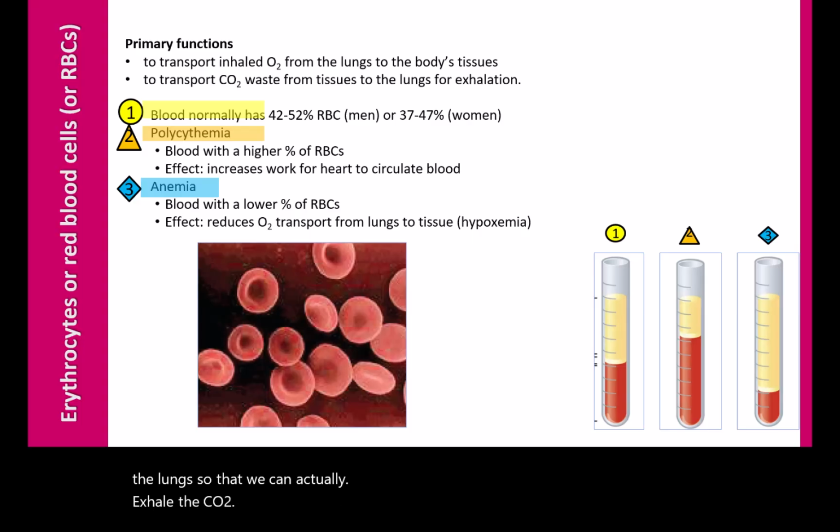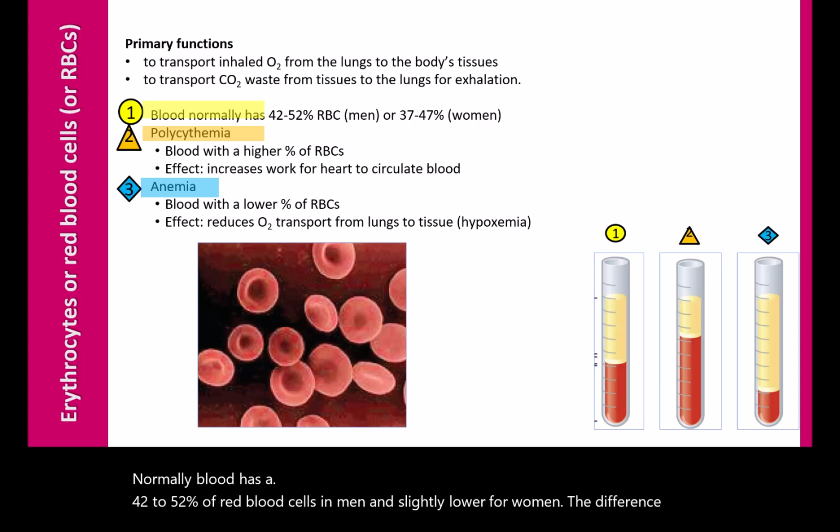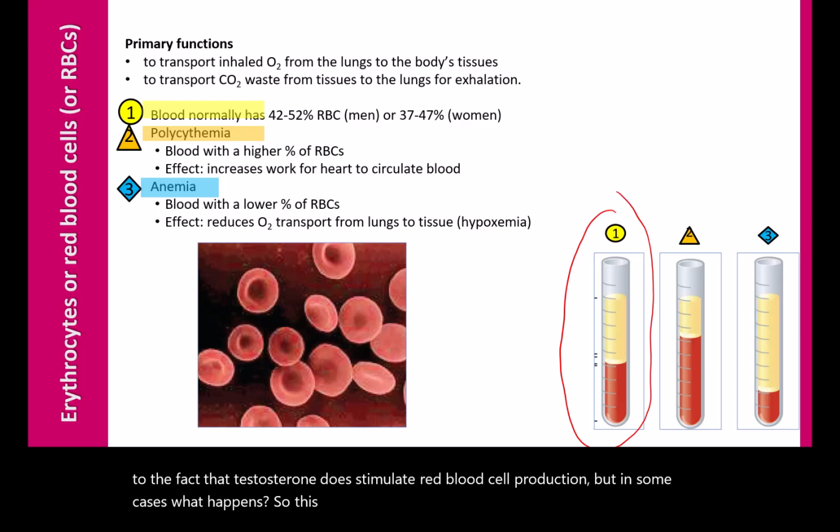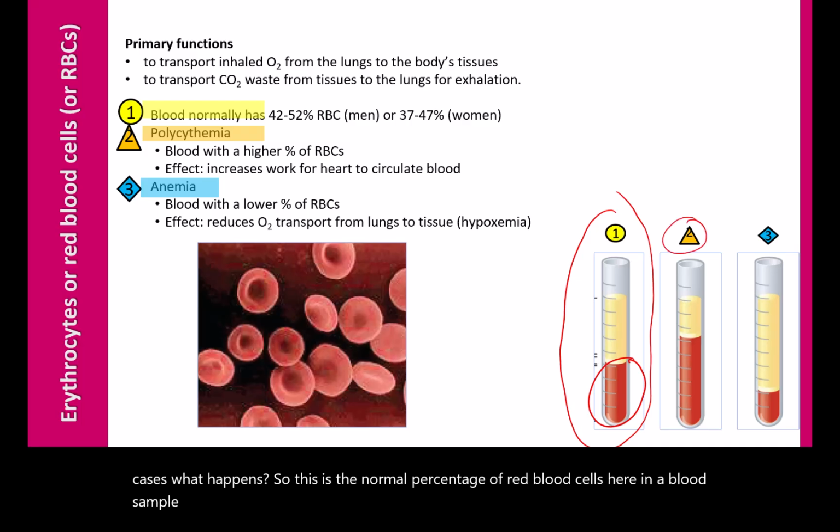Normally, blood has 42 to 52% of red blood cells in men, and slightly lower for women. The difference is due to the fact that testosterone does stimulate red blood cell production. But in some cases, what happens, so this is the normal percentage of red blood cells here in a blood sample. And in the second test tube, what you have here is a person that is suffering from